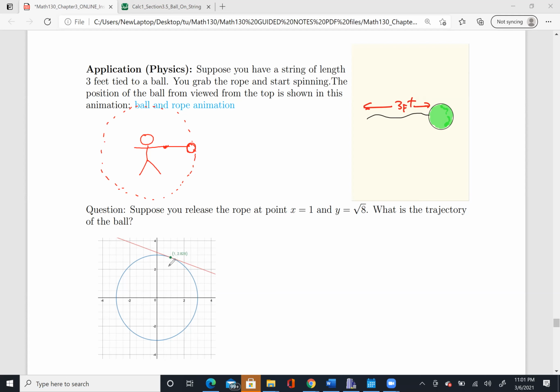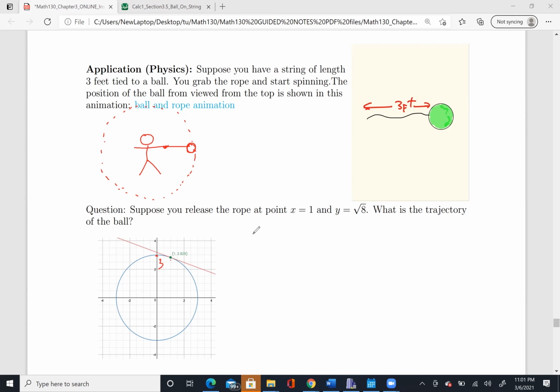Remember that in mathematics, this is considered a circle with a radius of 3 feet. So 3 feet over here, circle, and at the point (1, square root of 8),